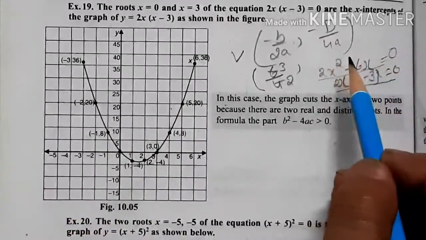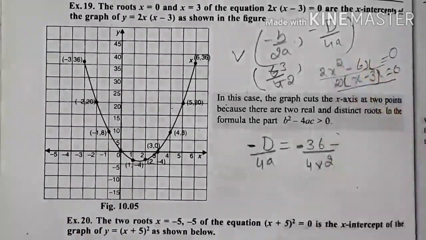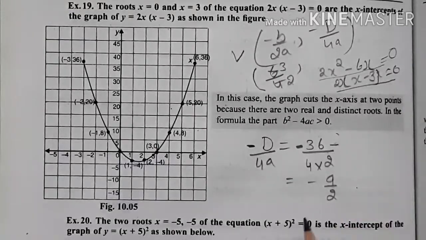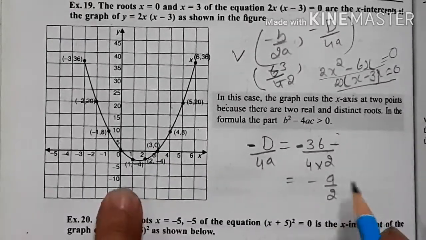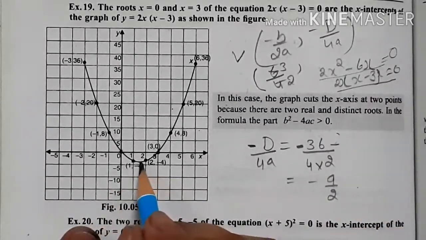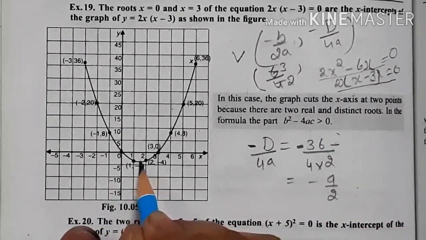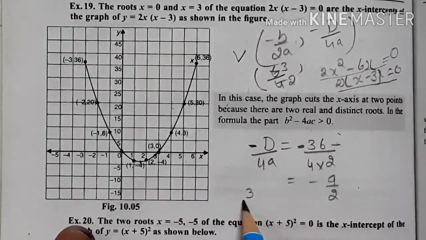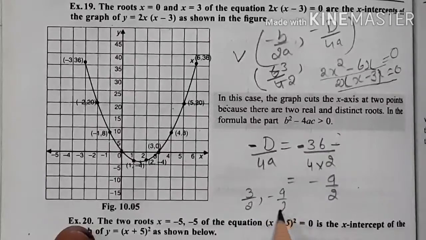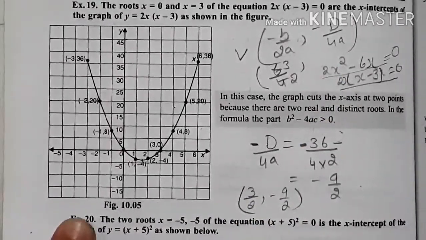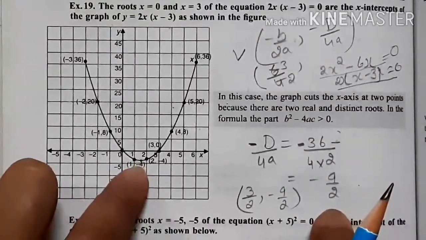Now for the discriminant value, if we go with the discriminant, that is my minus 9 by 2. So minus 9 by 2 is 4 point something. So negative of 4 is here, a little bit, negative of 4. So here is my point, 3 by 2 and minus 9 by 2 is my vertex. It will be better if we go with a direct formula to find the vertex of any quadratic equation.